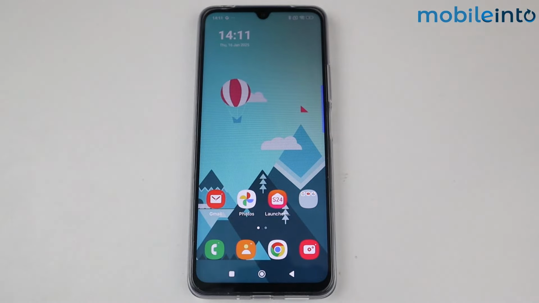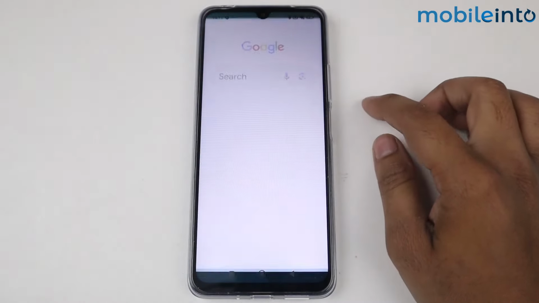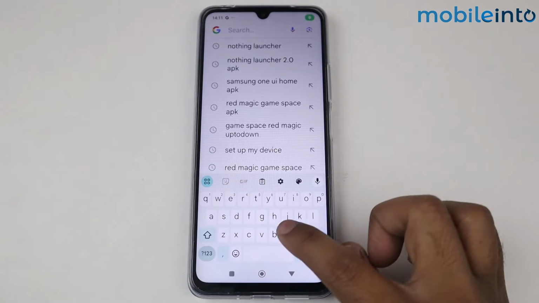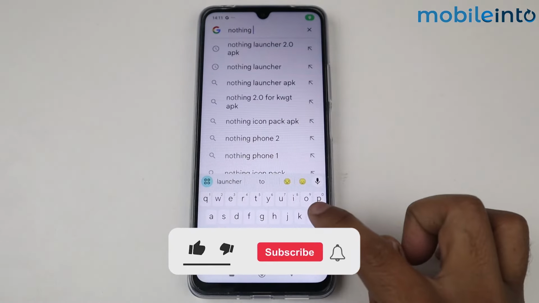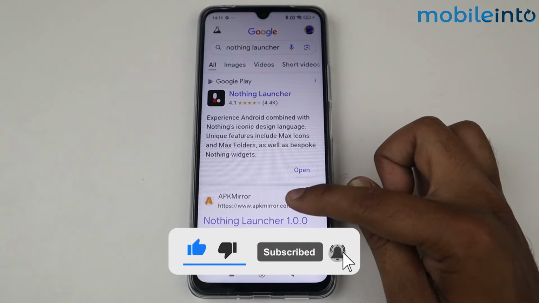Hello, in this video I'm going to show you how to install Nothing Launcher on any Android. Open the Google, search here Nothing Launcher, simply scroll down,